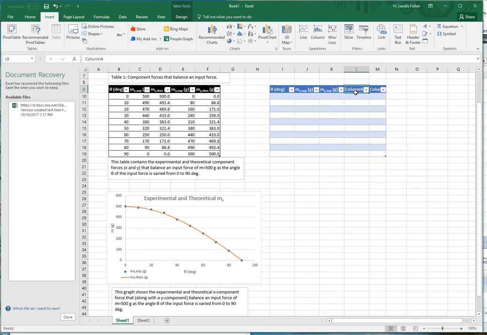Column 4, I want that to be, oops, I goofed. That's okay. I'm going to make the X and Y experimental and then the X and Y theoretical. Slightly different order, but that's okay. So I'll just paste again. And now this is going to be theoretical. And again, I have to